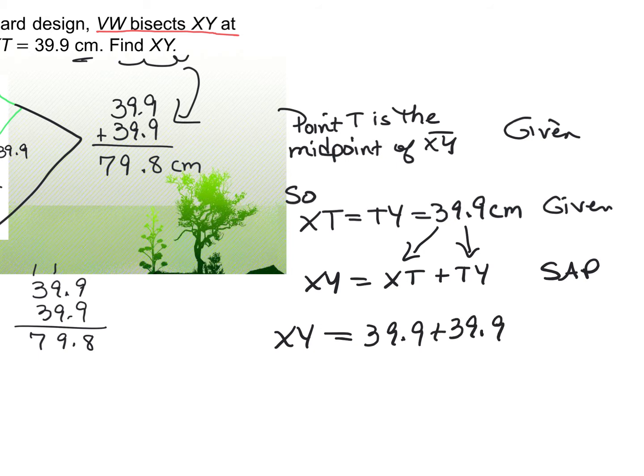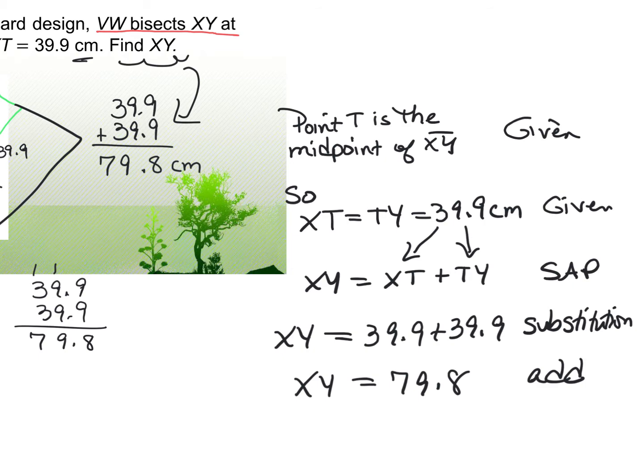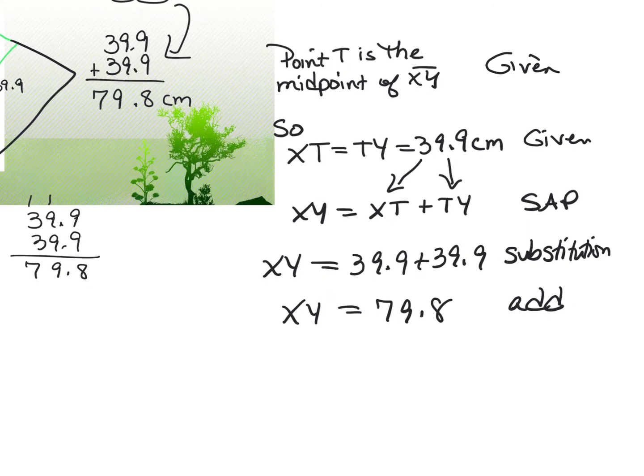Now you will not have to do something like this on your quiz. This is coming at the end of the chapter. And this reason would be a substitution. Then the next thing I would do would be add. And I get 79.8, and that reason is add. And then you can finally conclude that the length, which was the question, the length of XY is